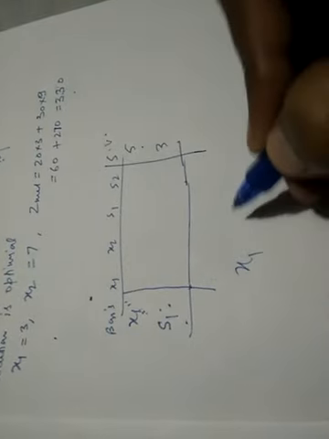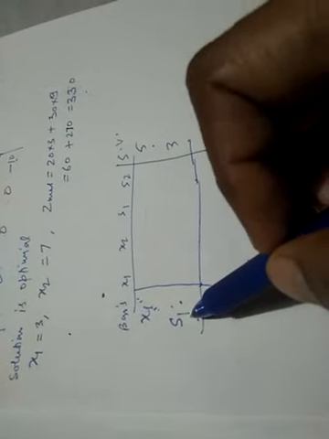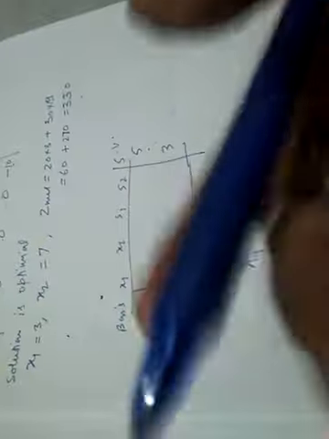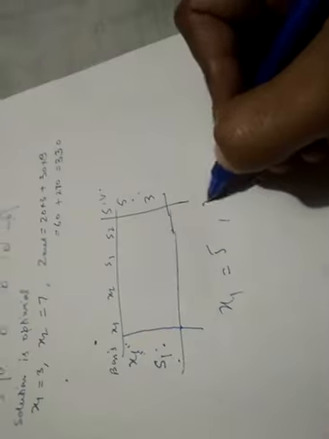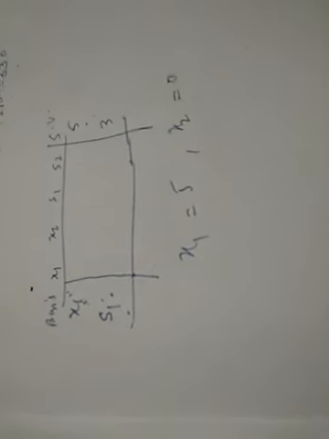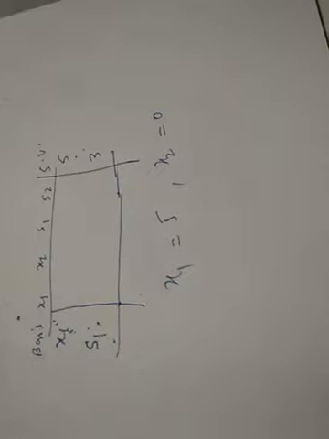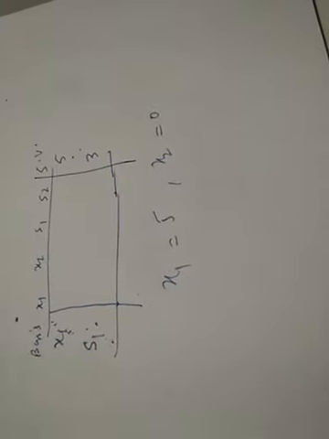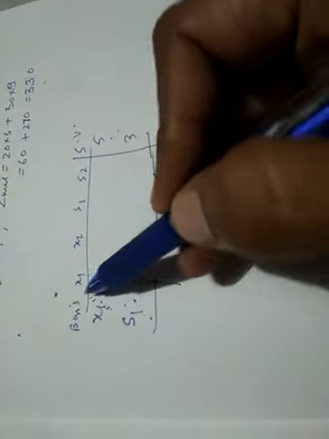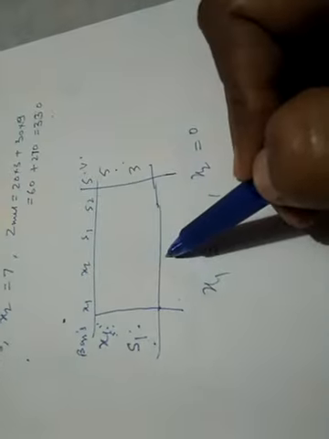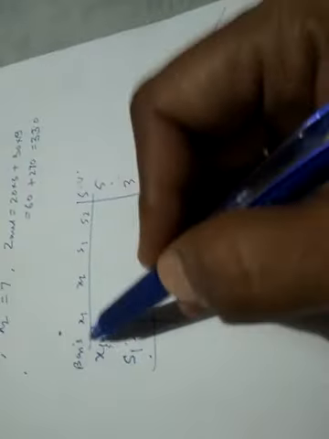We will write it like this: x1 is equal to 5, and we are not interested in finding out the value of s1, which is 3. What do we do with it? Because this is not an objective function variable, it is not going to play any role. This means x1 is equal to 5 and x2 is equal to 0, because x2 could not get some other value to contribute in the objective function. So whenever this happens, any variable that is not present in the basis in the optimal solution has the value 0. Simple.